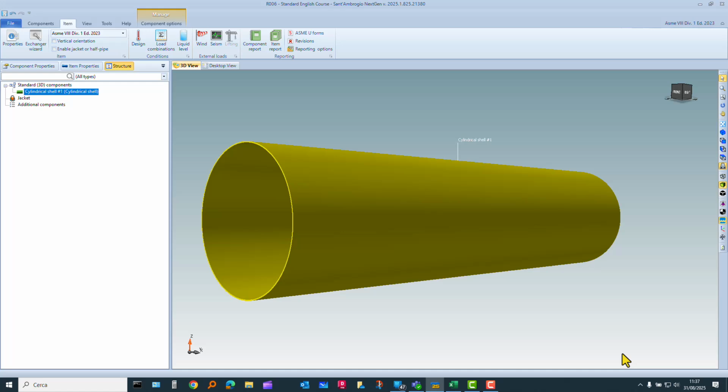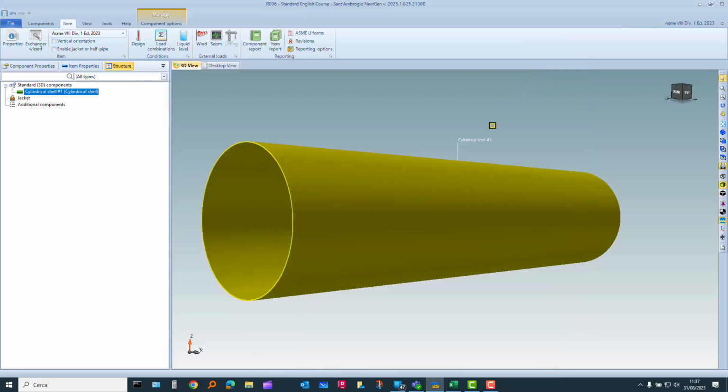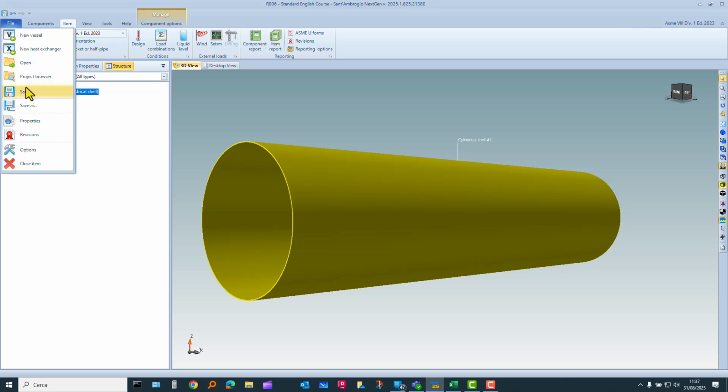Therefore, we have to close this, updating our Excel file with the characteristics of the preceding example. 11 millimeter thickness, 2,428 kilograms. We leave this file here. We close this item,